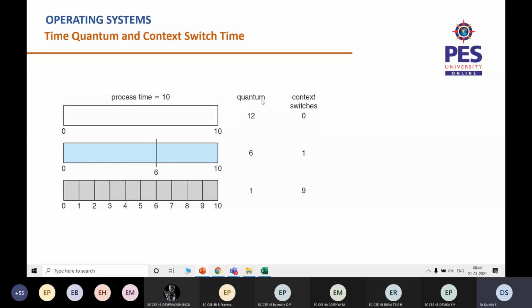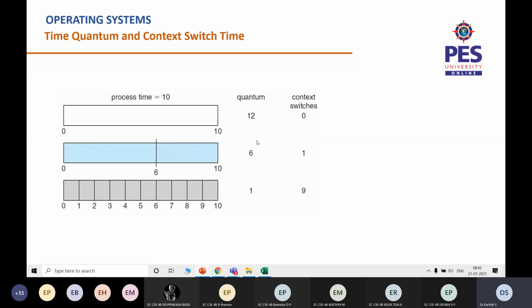Let us say instead of the time quantum being 12 milliseconds, if I reduce it to 6 milliseconds, then what will happen? This process needs to come twice. First it is going to be loaded once. For 6 milliseconds it will execute, and its required time will reduce to 4, and next time when it gets that share of 4 milliseconds it will complete the execution. So one time it has to go out of the processor and again come back at a later point of time. So at least one context switch will happen in this case.